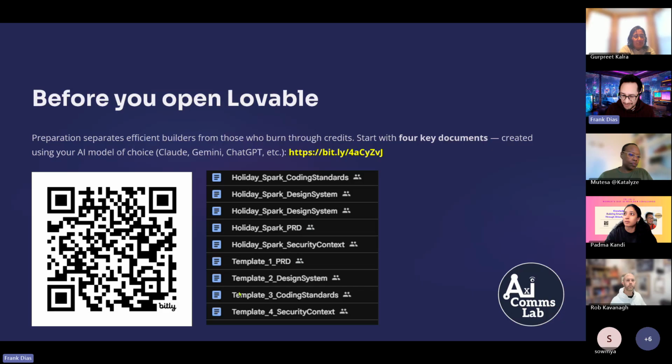Most of these 4 templates, you don't get told to set up at the beginning in terms of Lovable. But they are scaffolding to the work that you're looking at doing. The more you get your prepped documents ready, the more successful you're going to be in really making your idea shine, particularly when you've got good grounding behind it.